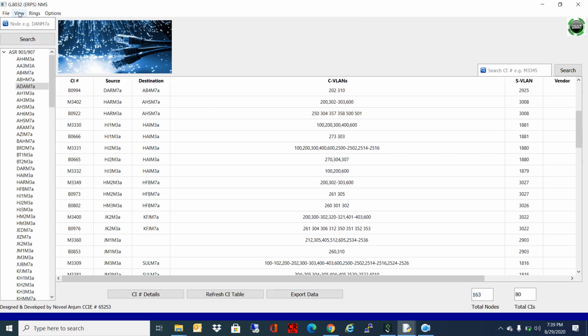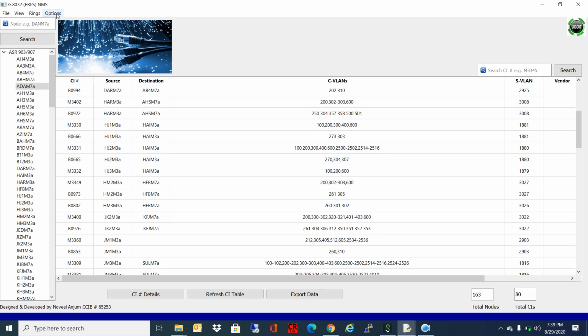Then next in the ring drop down list, there are all the rings. Once we press any ring over here, it will open a new window and it will display the diagram. So during the troubleshooting, if we want to consult the ring diagram, it will be readily available here in this system.